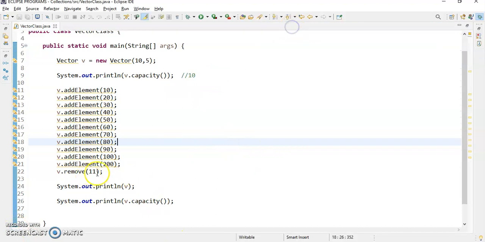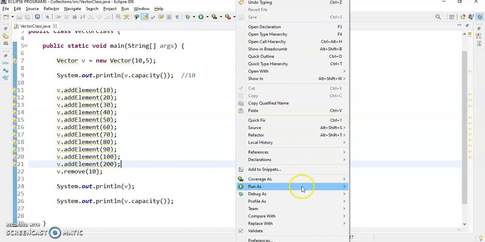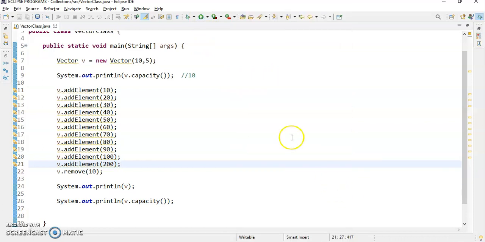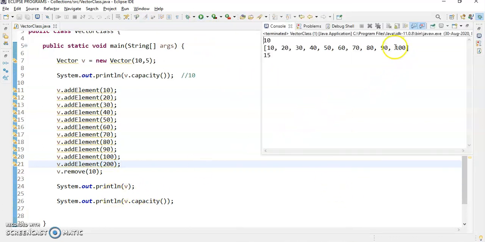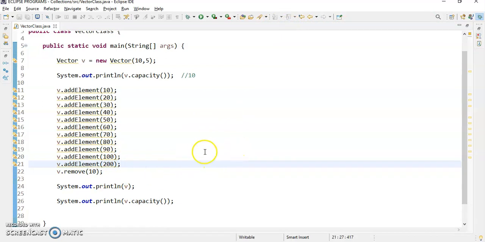Sorry, there is no location available. It should be the 11th index, so I need to give 10. Run as Java application. See, the 11th element has gone. Likewise, you have a number of methods. You can explore more methods.